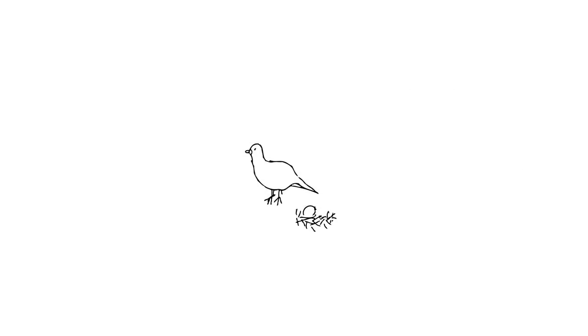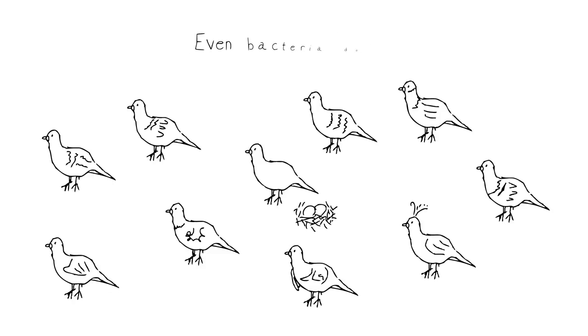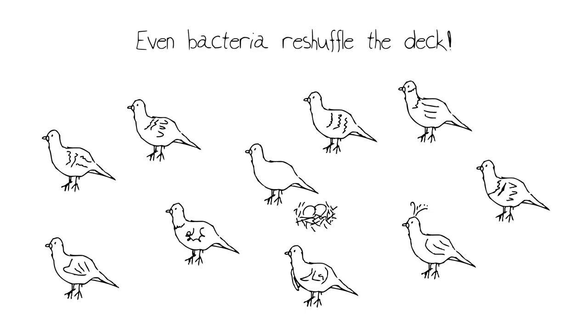This results in chromosomes with new combinations of alleles. And when these genetically varied sperm and eggs come together at fertilization, the result is a bunch of offspring that are genetically unique individuals. Even bacteria, which don't have sex in the same way as organisms with males and females do, have similar processes going on that continuously reshuffle the genetic deck during reproduction, allowing lots of variation in their